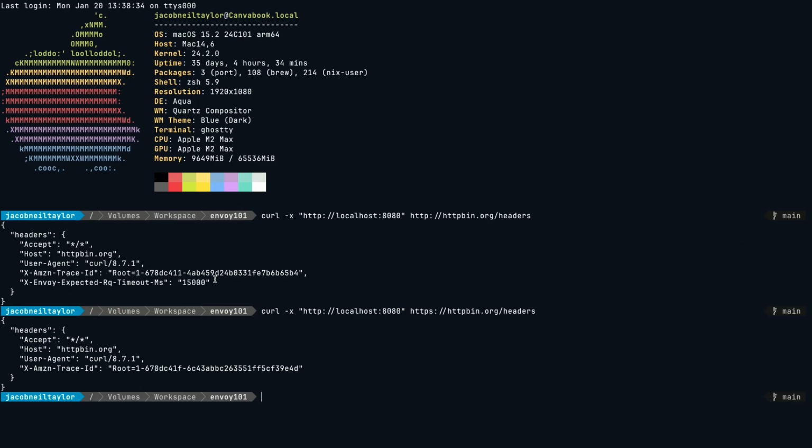But yeah, when you use the proxy to reach http://headers, you get an Envoy header injected into the response. But when you do it with HTTPS, you do not. Does anyone off the top of their head know why this is? It's something to do with we're not doing